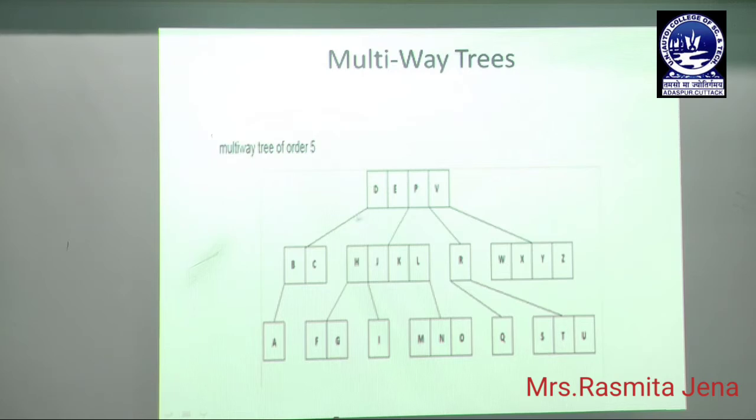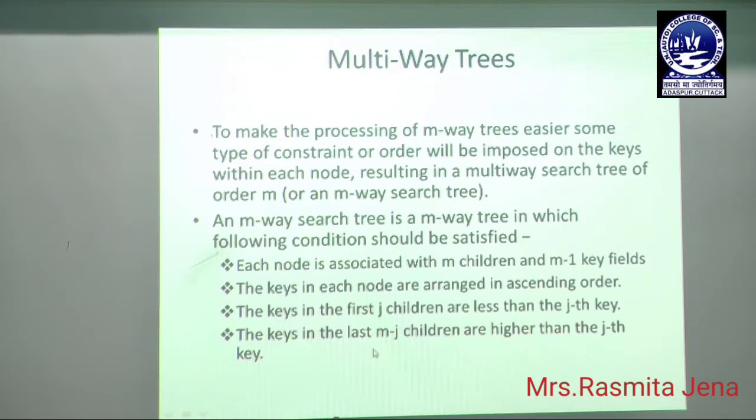So this is one key field which points to the children B and C, and this is another key field which does not have any child. This is another key field, this is another, and this is another key field. So here we can say this is a multi-way tree of order 5 having 4 key fields, and each key field points to its corresponding children. Okay. So this is the example of a multi-way tree, and next we will discuss the different characteristics to process a multi-way tree.